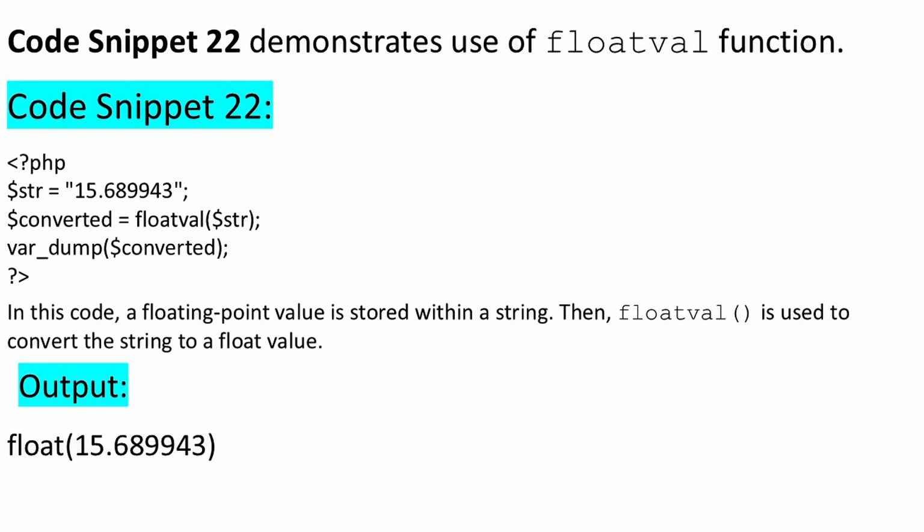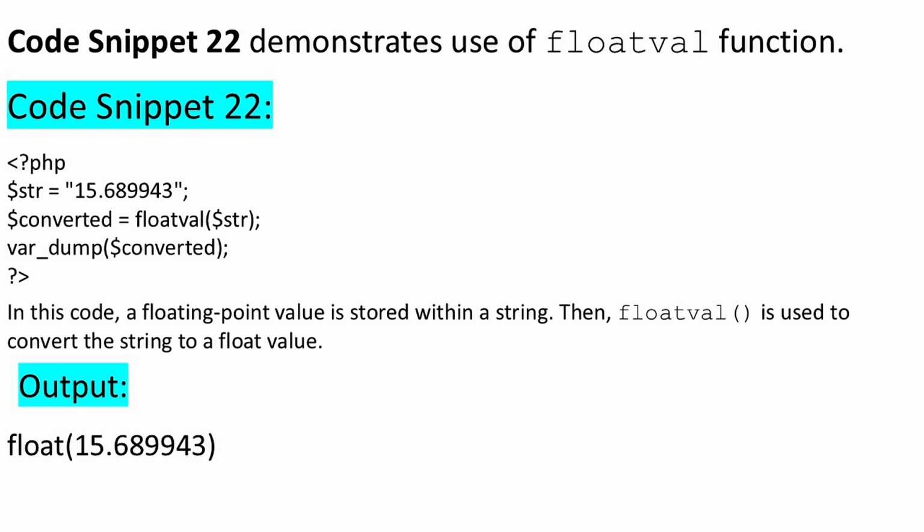The code floatval(str) tells PHP to take the value inside str, interpret it as a numeric value, and return its floating point equivalent. This converted number is then stored in a new variable called converted. Finally, we use the var_dump(converted) function to display the result along with its data type. The output we see is float